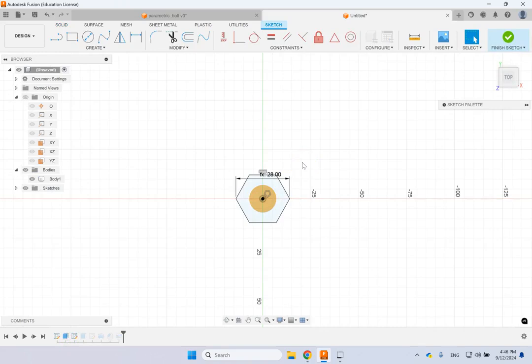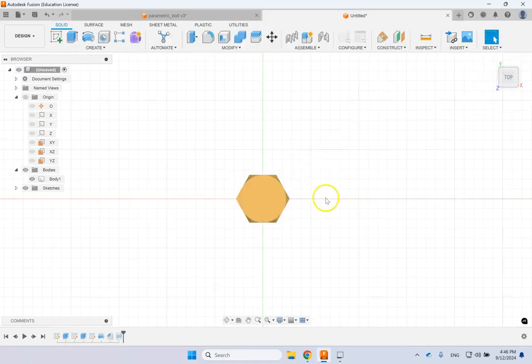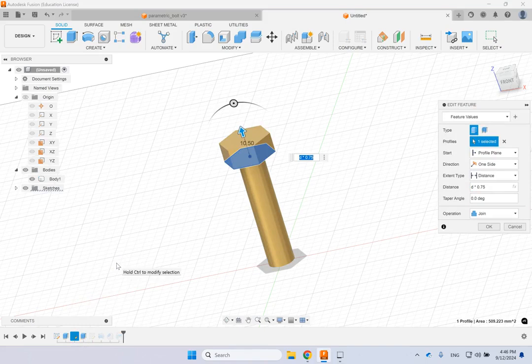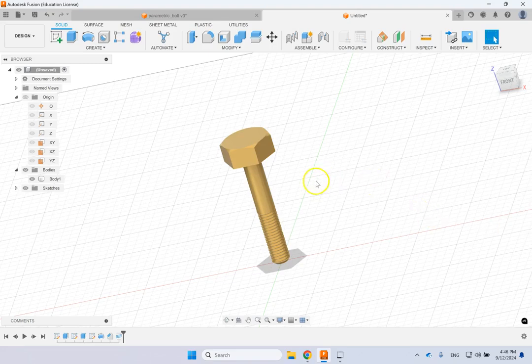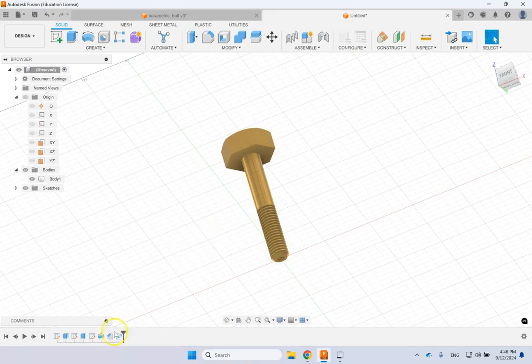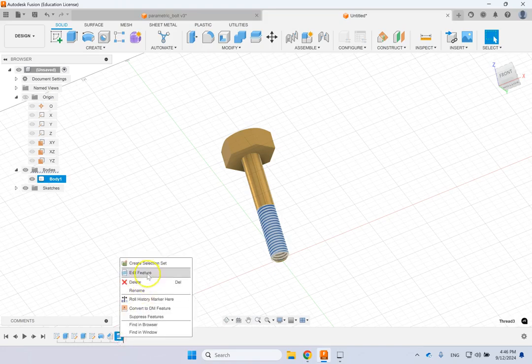Sketch is 28, so that is good. The size of the head, this extrusion, let's look at it. That is 10.5, which is 75% of 14. That is also good, right? So you see, lots of the things are good, except for what? When you go to the thread,